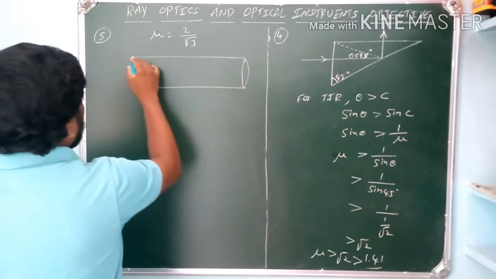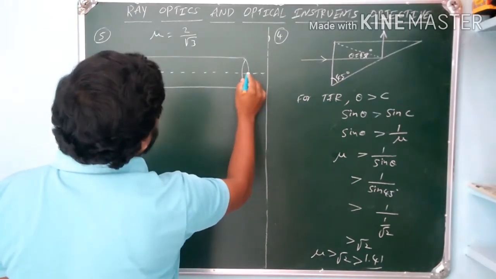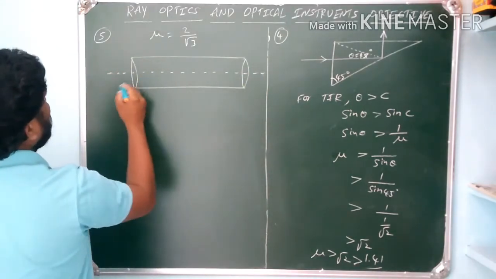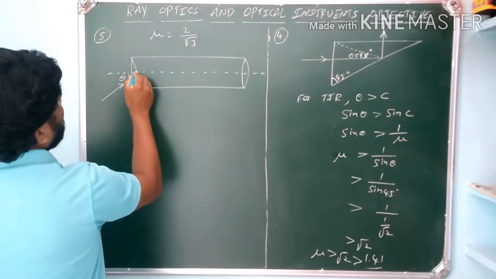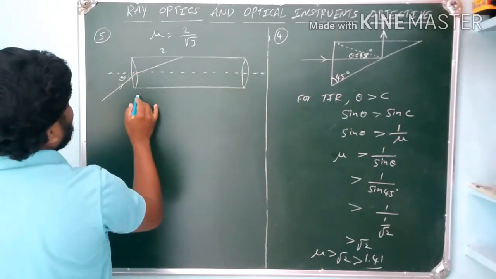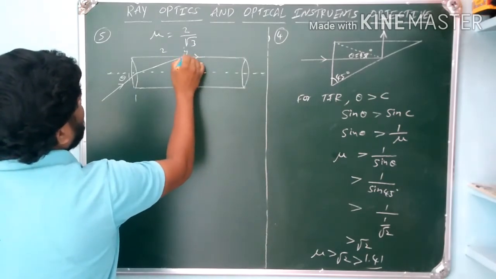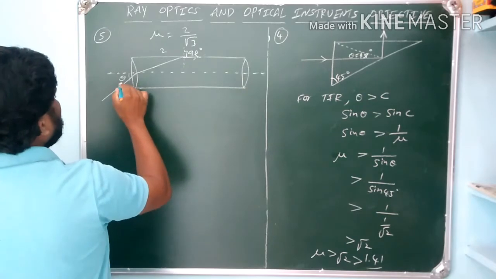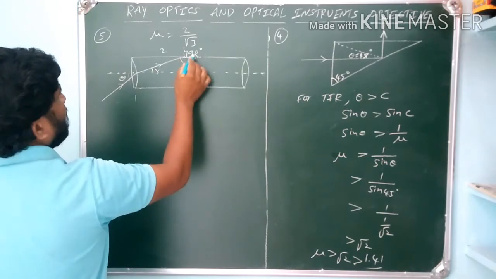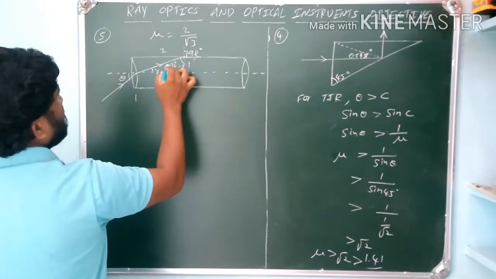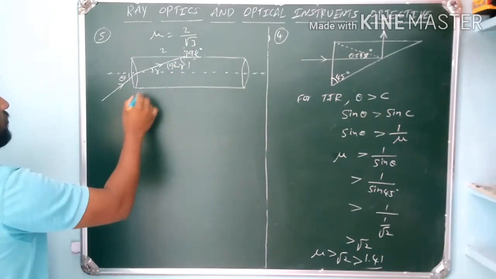And this is a cylindrical rod. The light ray is going to be incident like this, which makes an angle of incidence theta, and then it enters the second surface. Let us consider this the first surface, and it grazes. Now this angle is perpendicular, 90 degrees. This is the angle of incidence, and this gives the angle of refraction r, which is smaller. This angle becomes 90 minus r. Okay, this is surface 1, this is surface 2.